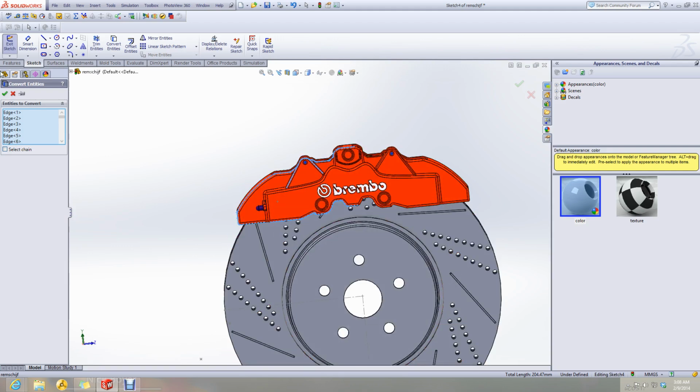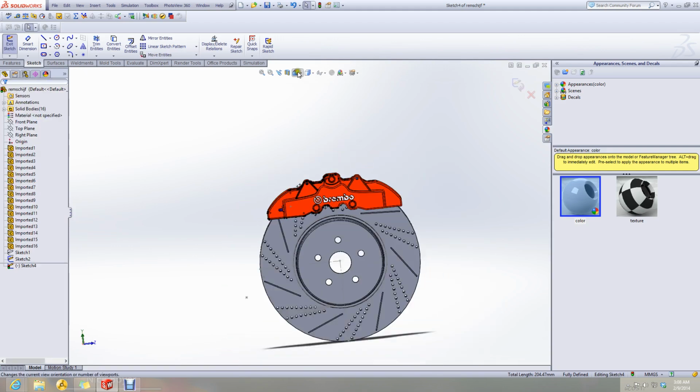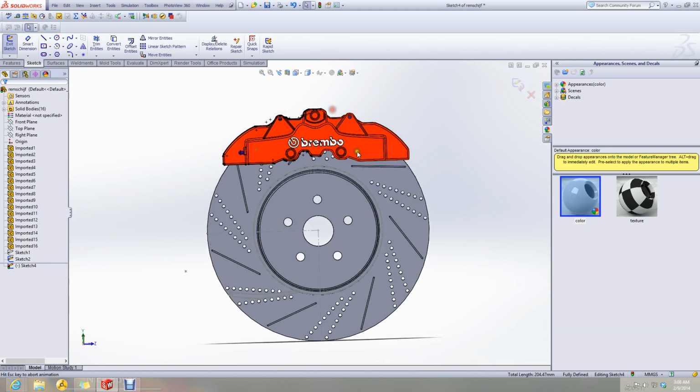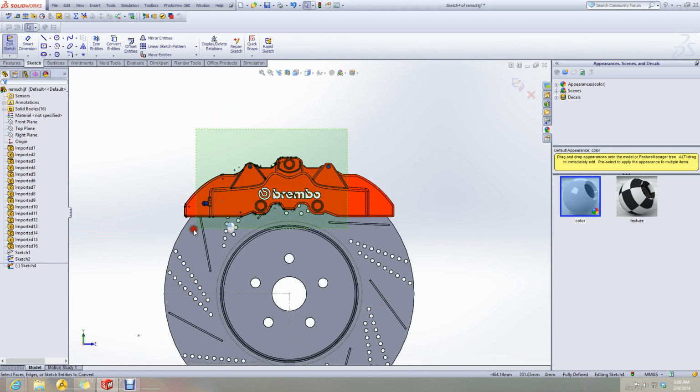Okay, this much is enough for the first feature for the caliper.